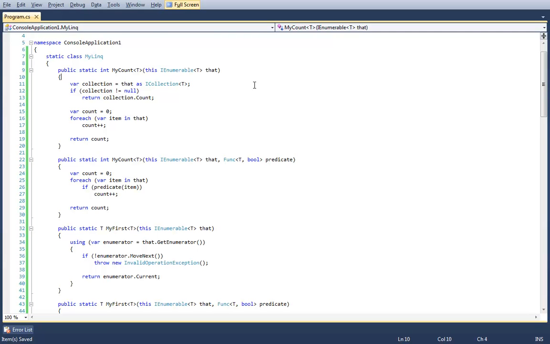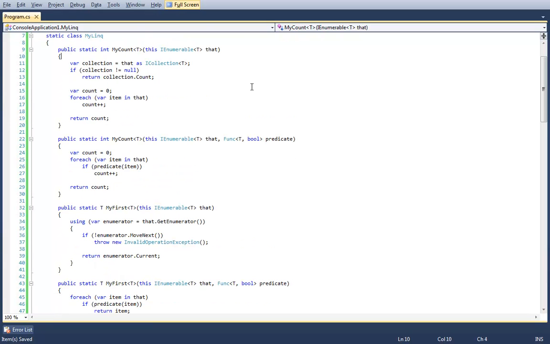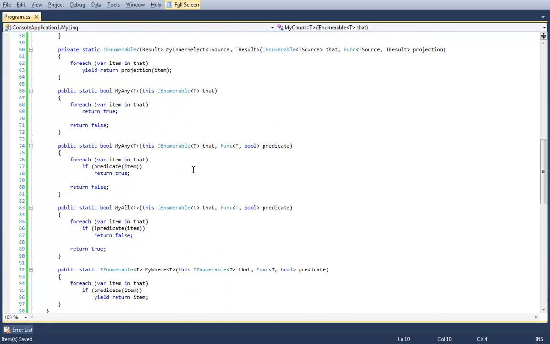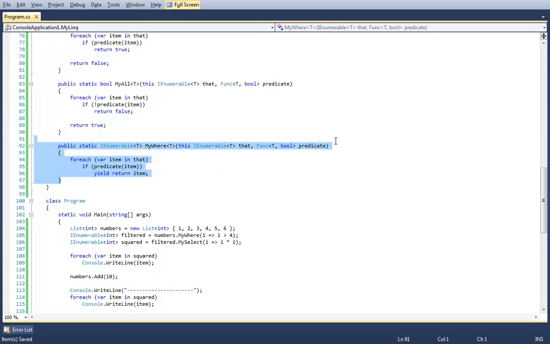See, LINQ is a very abstract framework. It doesn't do anything really specific. There are a few things like sum and min and max that work on specific primitive types, but it typically doesn't do anything specific. For example, if you look at my_where, this is a very abstract method. And we're using the facilities of interface implementation, iterator blocks, and generics all at once to make something that will basically allow you to write much cleaner code.